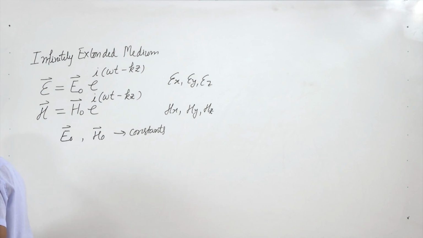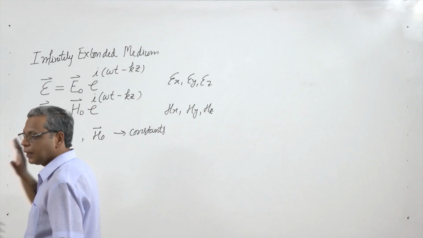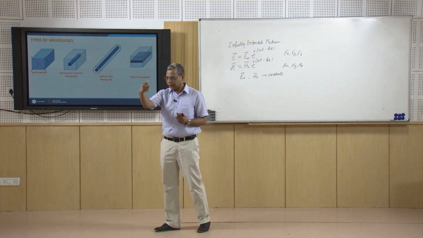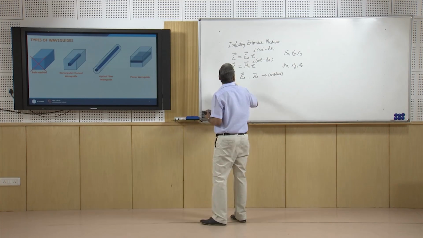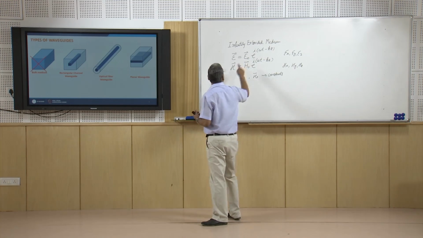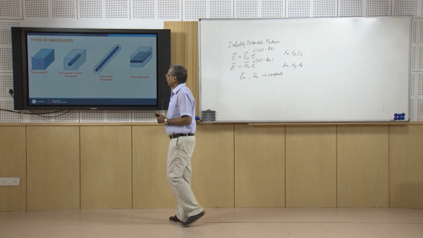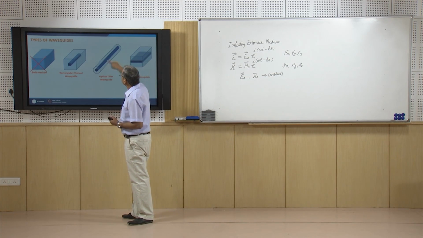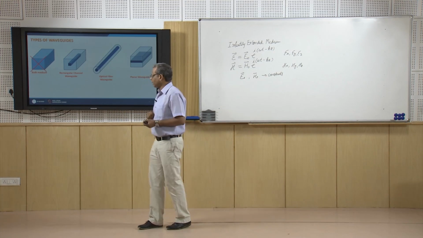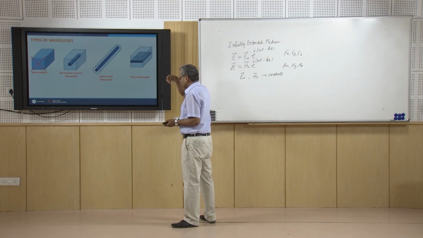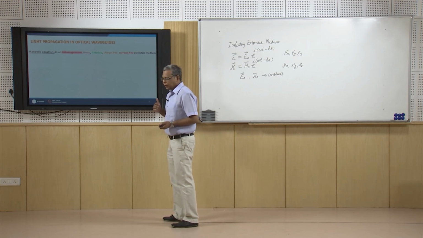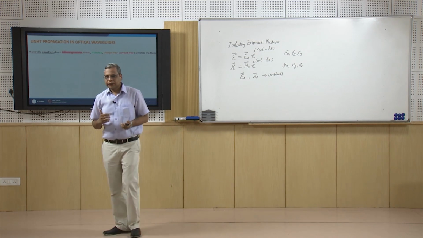What we could see is that in case of an infinitely extended medium our direction of propagation was z. So, I had the z part coming out like this and then the time part coming out like this. Here also I will take this direction, which is the propagation direction, as z, and the z part would be like this itself. So, in order to now find out the